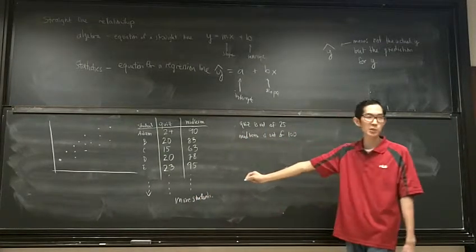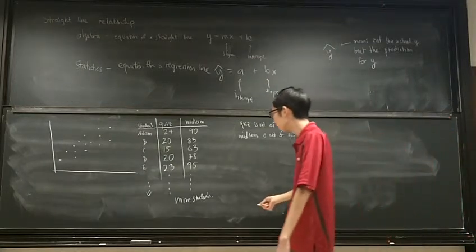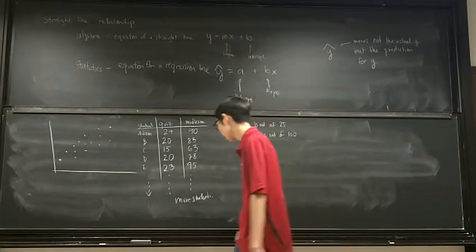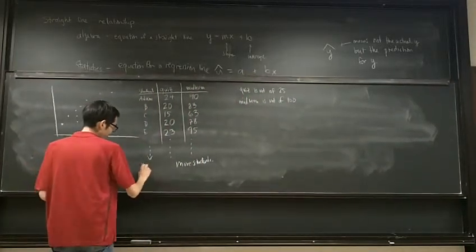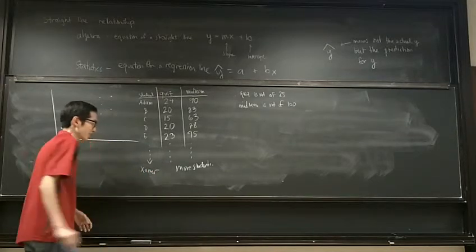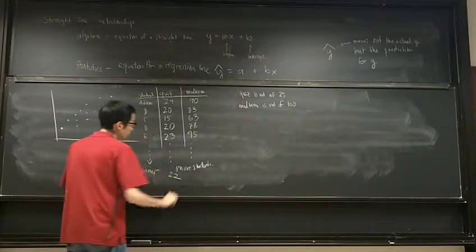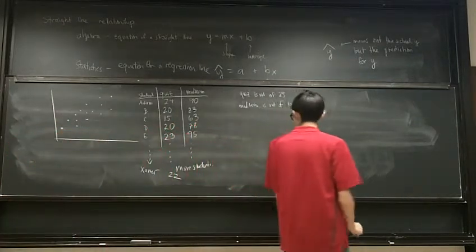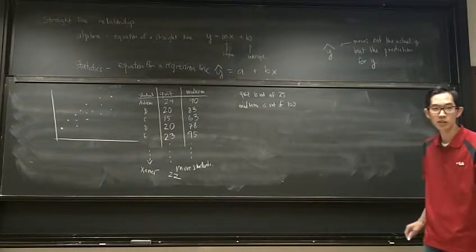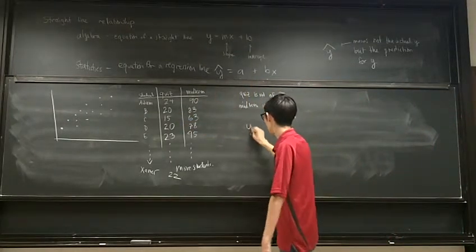Okay, does this make sense? What's going on here? Okay, so let's say someone comes along. Alright, Xavier comes along, and let's say he scores a 22 on the quiz. Can we predict what his midterm score might be? Okay? So let's say the regression line